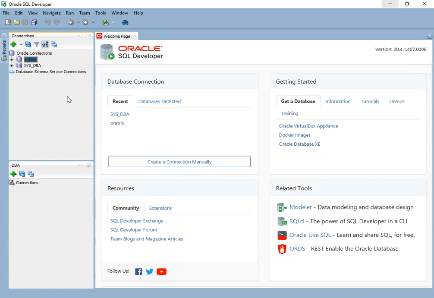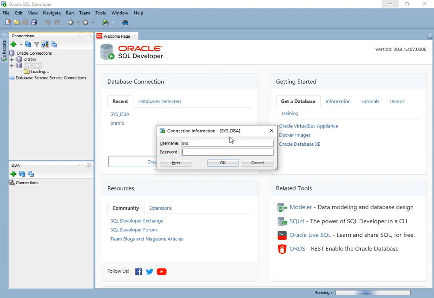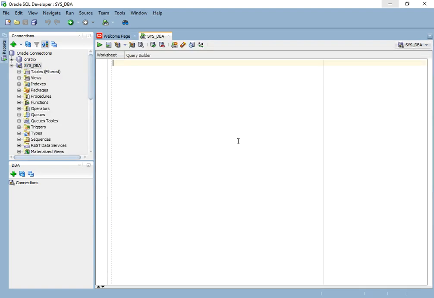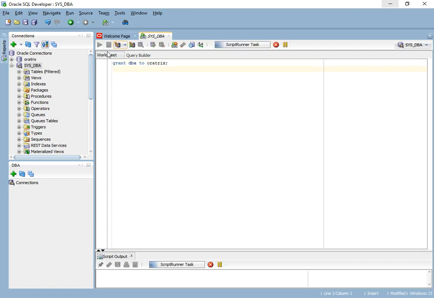To do that, we need to give certain rights to our Oratrix schema. So let me connect this one, and here we need to grant DBA to Oratrix. Let me run this one.